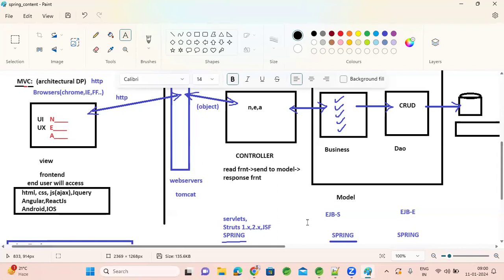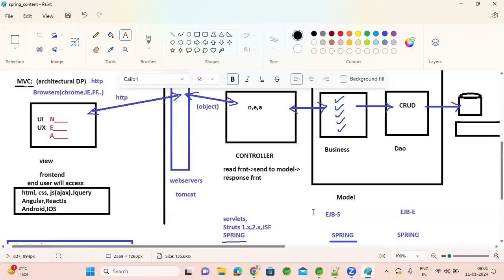Later, it went to end of life, because Spring became more popular and easier, and it gave a lot of solutions. So slowly Apache stopped Struts, and no applications are running on it now. But applications designed during that period might still be running if they don't need any changes.